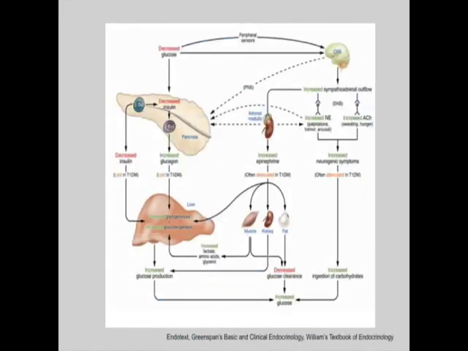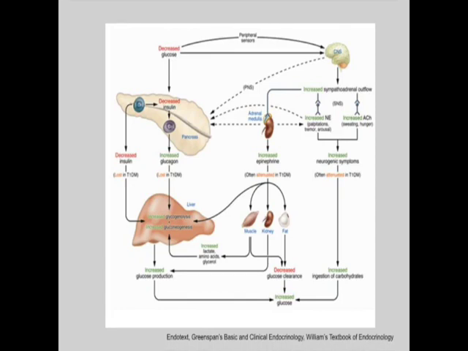This schematic kind of pulls together all of those hormones and shows how together they lead to restoration of increased glucose. So if you have decreased glucose, that's sensed by the pancreas, you have a decrease in your insulin and an increase in your glucagon. Together, these act at the liver to increase your glucose production, and overall you have an increase of glucose. The brain also senses a low level of glucose. You have an increase in your acetylcholine and your norepinephrine and your sympathoadrenal outflow, so you get epinephrine release from your adrenal medulla as well.